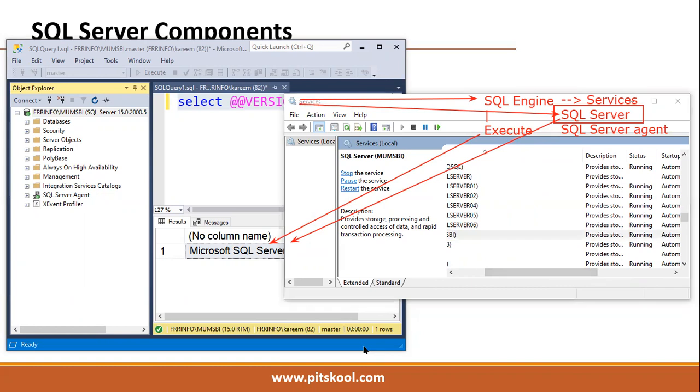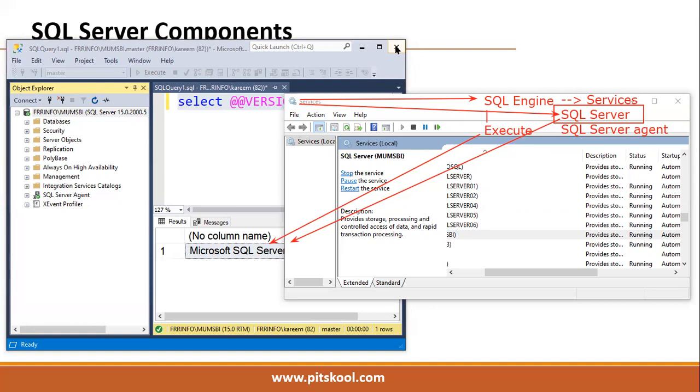The server is running. Just remember, if I close this SSMS, it means we are just disconnecting from the server. It does not mean that the server is down.